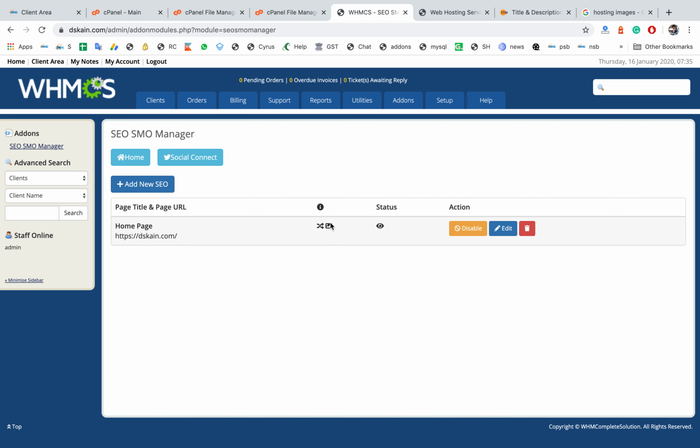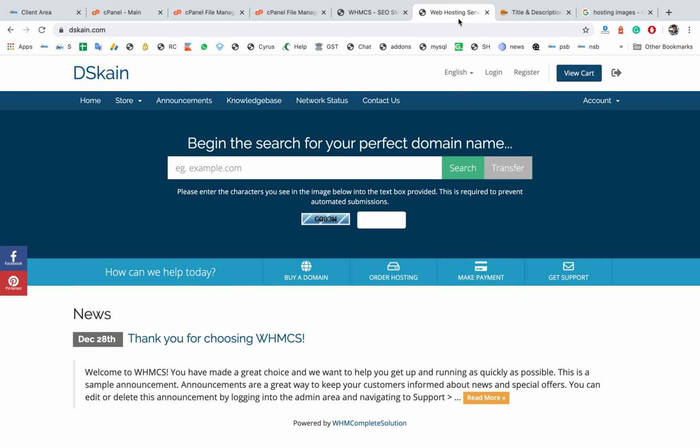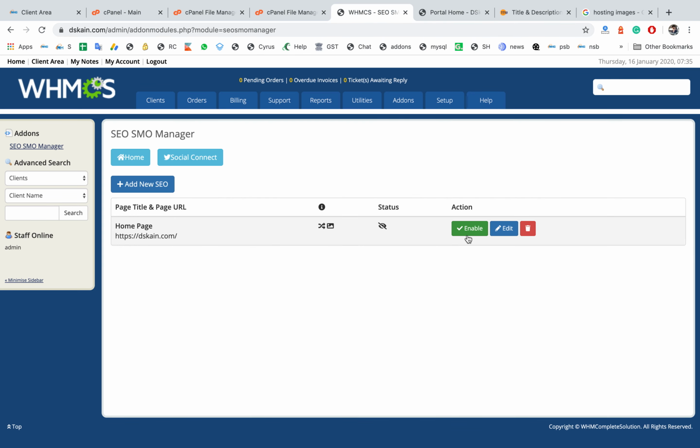And you can disable any page from here. See, when you disable it, all settings for this link are disabled. For example, your title is there, but when you disable it, it's not working for these titles. Okay, you can enable it. If you want to temporarily block any SEO details for any page, you can do that, and you can put more